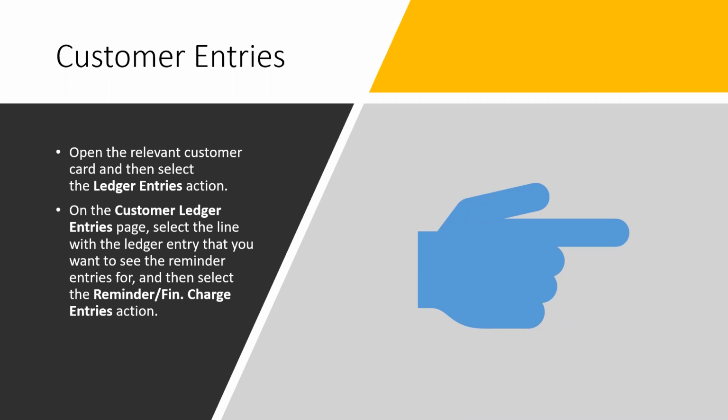If you want to see the historical data, we just open it as any other transaction that you post to the customer, okay? So for those of you who still do not work on this in depth yet, or you are still learning, we have a subledger for customers, not only on the GL level, that is going to save our information and is going to have the reminder or finance charges entries. So for us, a reminder is actually a financial charge, all right? So when we work with Business Central, we have finance charges coming from different operations, like